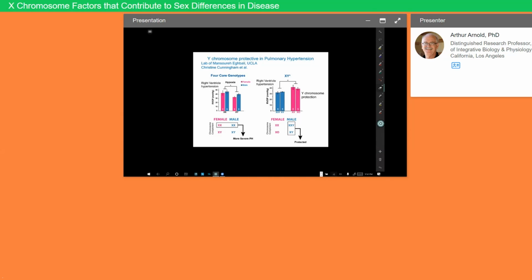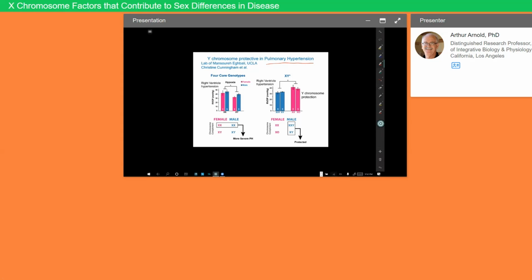And the final example is actually a Y chromosome effect, not an X chromosome effect. And it's from the lab of Mansoura Eghbali at UCLA. And they study pulmonary hypertension and other cardiovascular diseases. Pulmonary hypertension affects women much more than men. It's untreatable and it's often a fatal disease. And this pulmonary hypertension can be